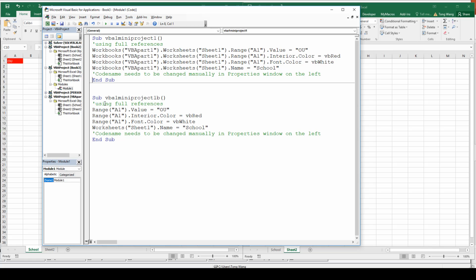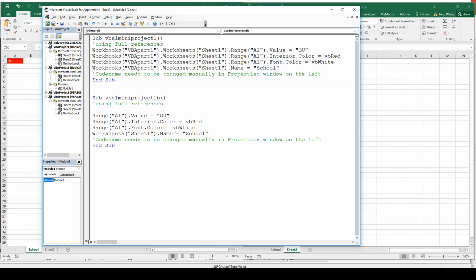So let's say I do want to use a shorter reference here. Is there any way to make sure that I'm actually working on VBA Part 1 and Worksheet 1 in there? And the answer is yes. So to make this safer, or to make sure that we're actually working on this workbook, what you can do is before you run that code, you can say